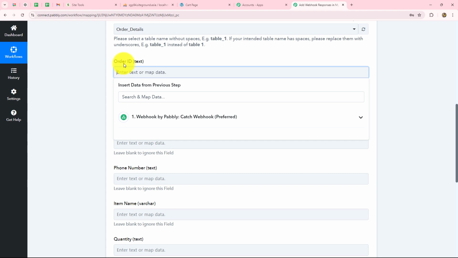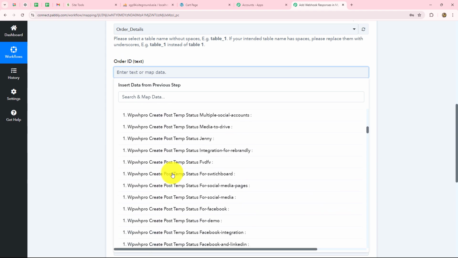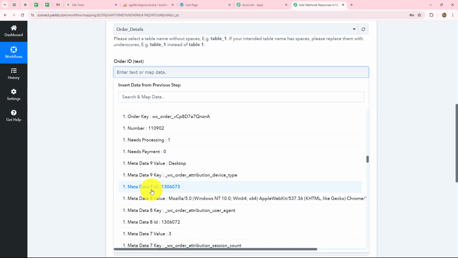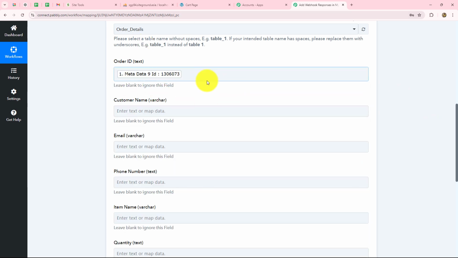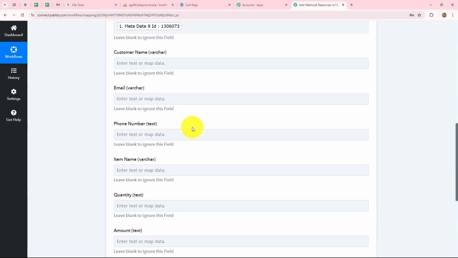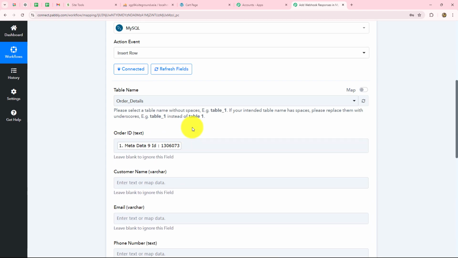Here, because I want to enter the order ID, in the webhook response, when we scroll down, here we have received all the details, and here you can see that this is the data ID, that means the order ID. When we select this order ID, it will be mapped over here. When we map data, it becomes dynamic, and with each and every new response, it is going to be replaced automatically. Once we map all these details in all these fields, our automation will be completed, because